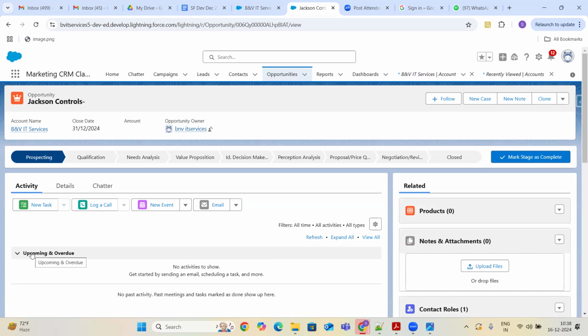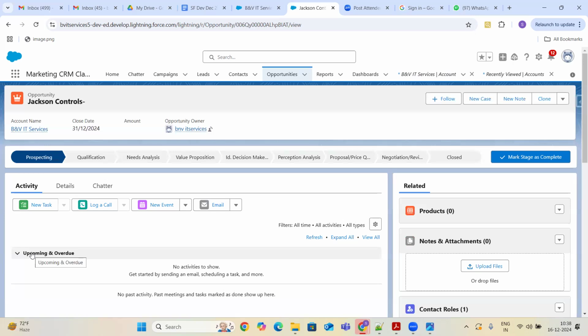From here, the sales team will take you through all the next steps. Marketing team will never work with the opportunities, guys. They'll just create the opportunities by converting the leads. None of the company's marketing team is going to work with the opportunity object.